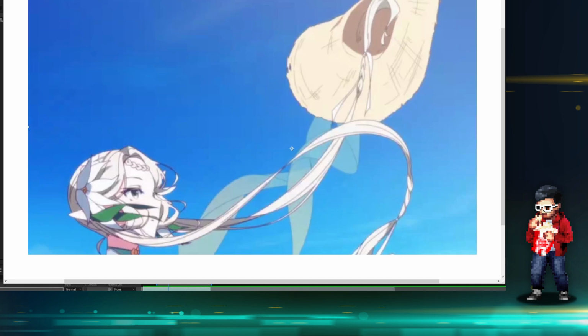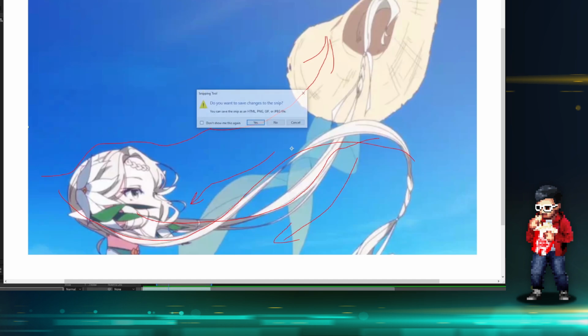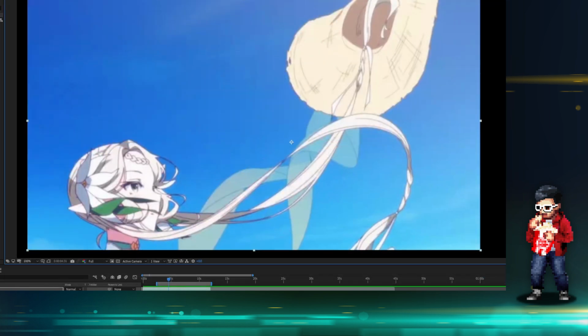So notice this. Okay, so the hat falls. We're going to follow it, of course. The hair, they didn't have to animate it this way, and I don't even know if the hair would animate this way, but because the wind apparently would pick that hat off, you have this kind of turbulence going upwards. You have, of course, the tassels naturally falling with the gravity and the motion here. So you get this really, really smooth arc, right? So as we continue to play this,